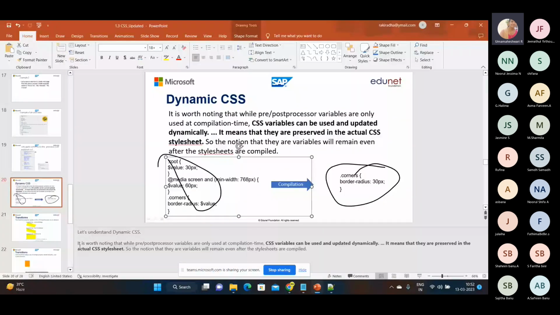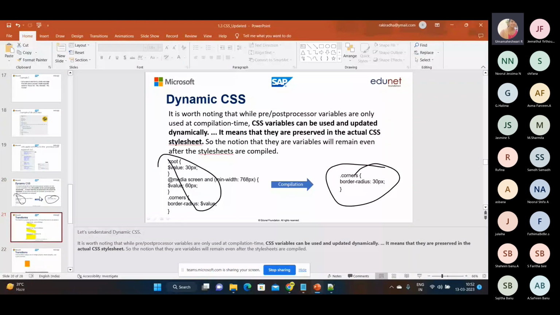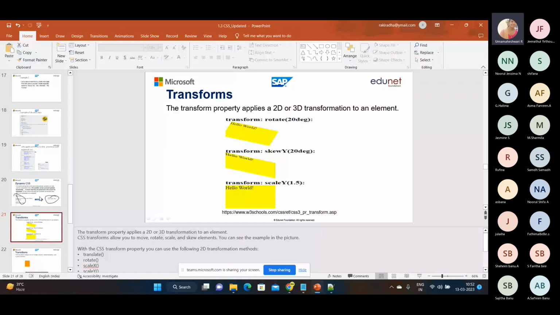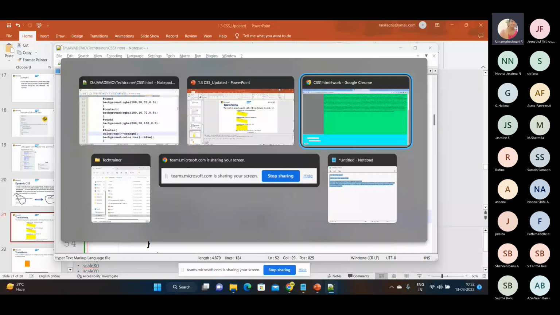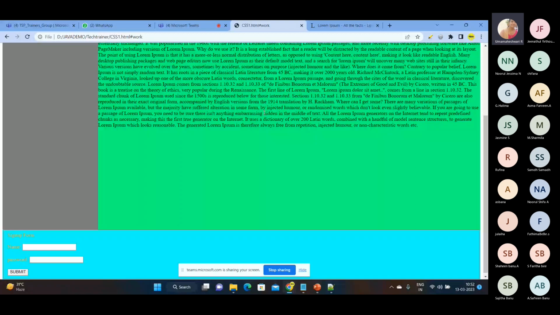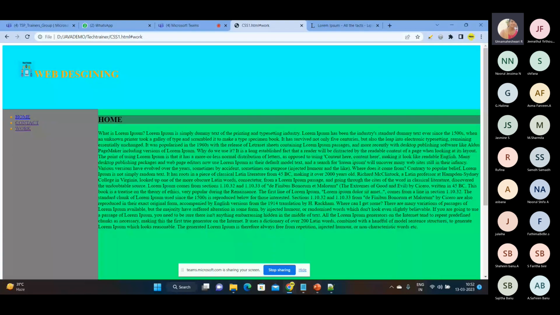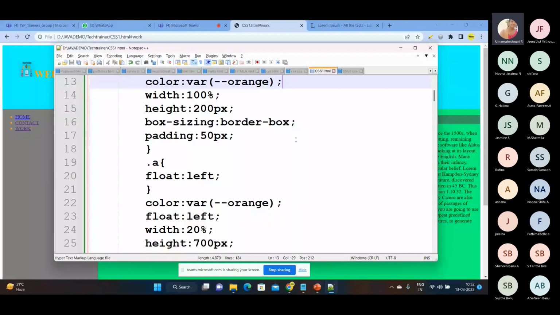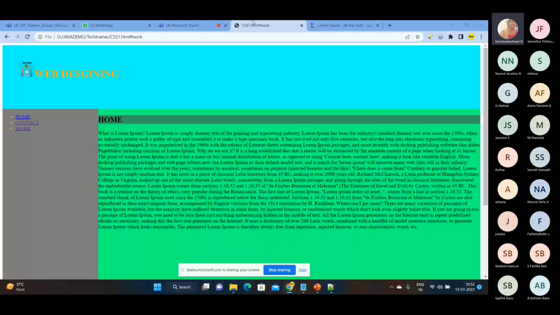And what is called transform? So what we are going to use is transform. Let's take some text in the header itself. In the header, I need some transformation. I don't want this to be plain text. So I'm going to apply some transformation. Here you need to mention transform